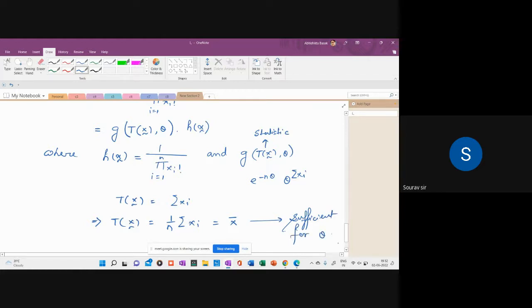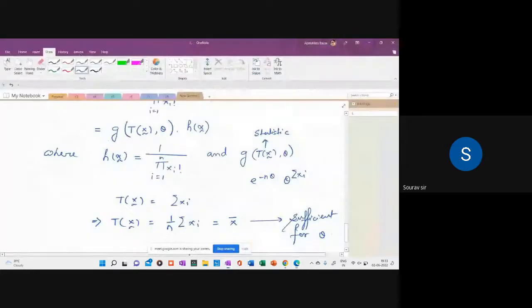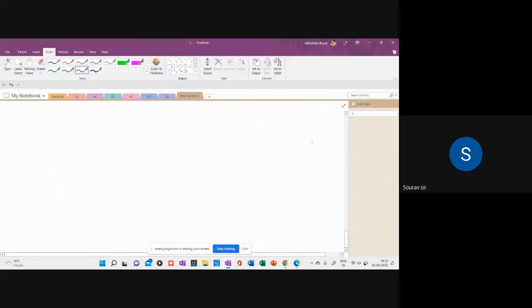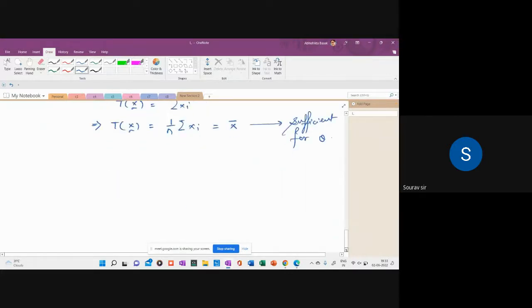for theta. So the statement which is given over here, whether it is sufficient or not, statement 2 is true. So neither 1 nor 2, we can discard this option. 2 only we can keep, 1 only we can discard this option. Both 1 and 2 is also possible, but whether 1 is true or not, we need to verify. For 1, that is to find the MLE, we again need the joint distribution. Rather, we will be needing the log likelihood of the distribution. Here, the joint distribution